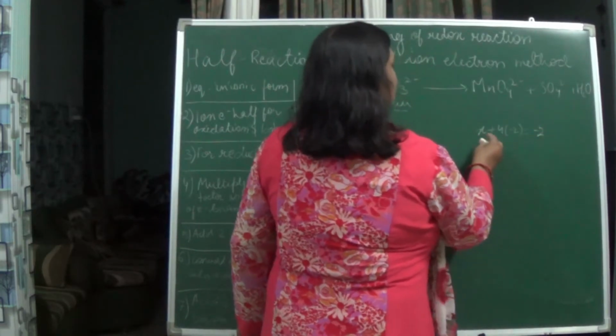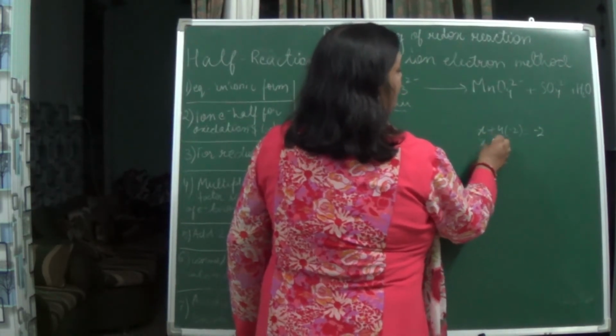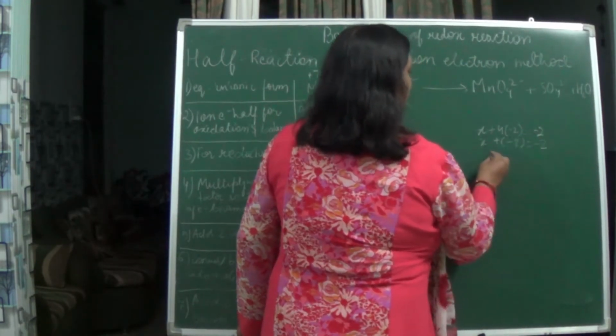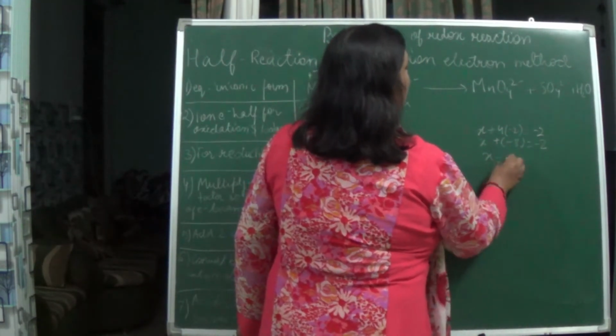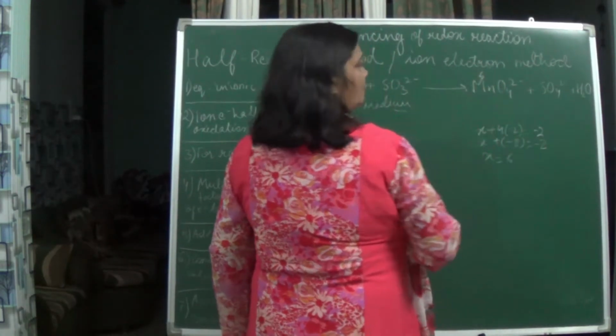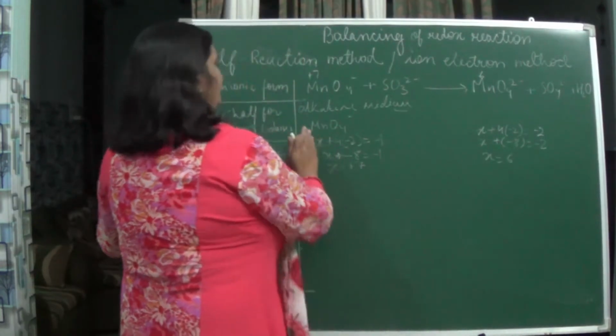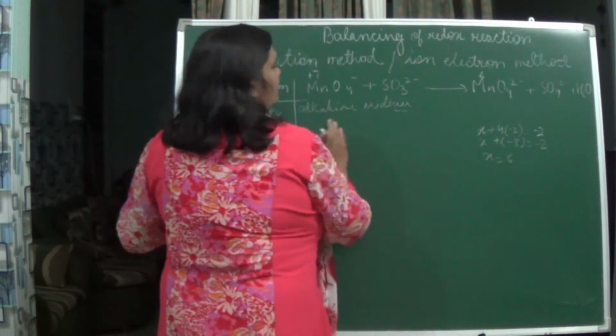Minus 2, okay, so now here it will be x plus minus 8 is equal to minus 2, that becomes what? x is equal to 6. So you got it over here also, it is 6. Then come on, take out now the